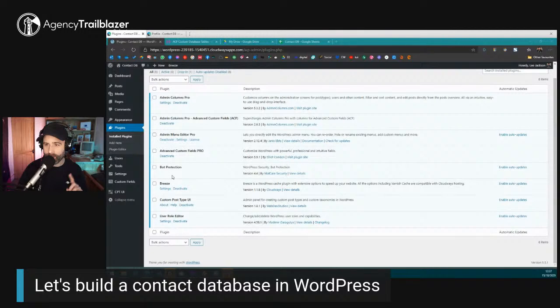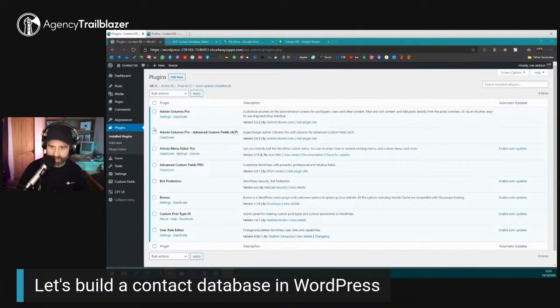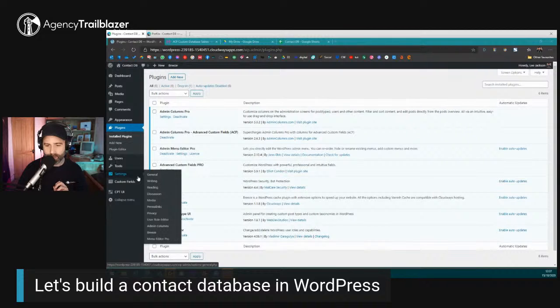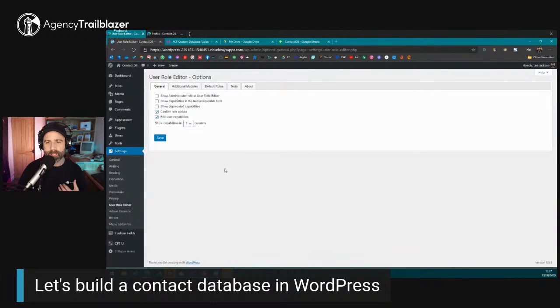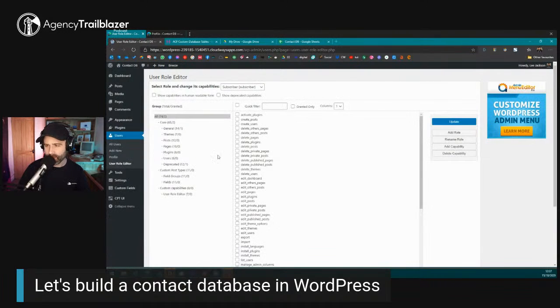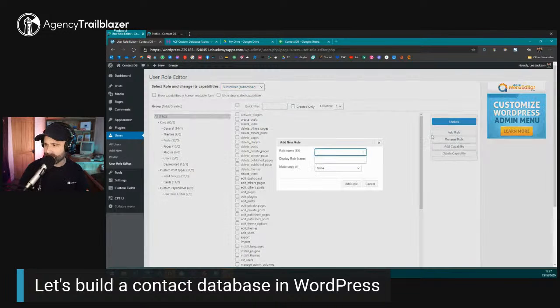So let's take a look at our first step, which is to create the user role. The first thing I want to do is create a user role for, let's say, the head of sales. So we'll call the user role sales. So let's go to User Role Editor. I'm going to clone the editor role. So let's go over here, clone the editor, and just type in sales,